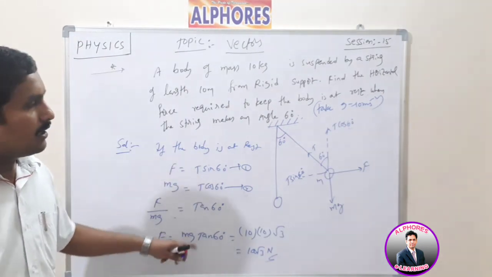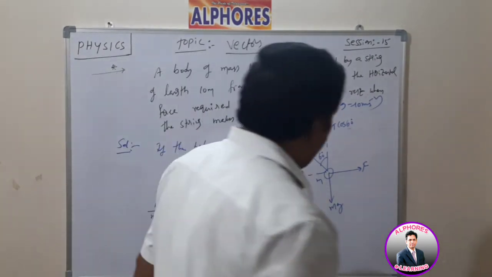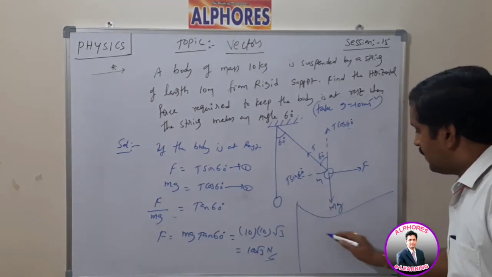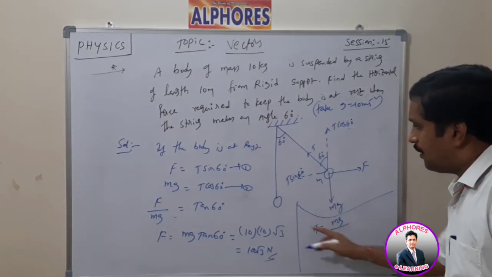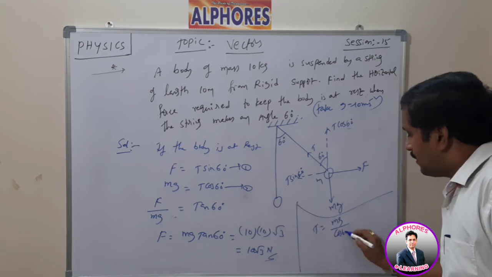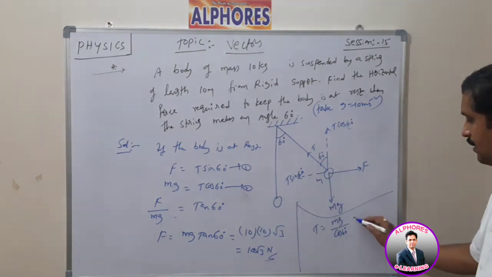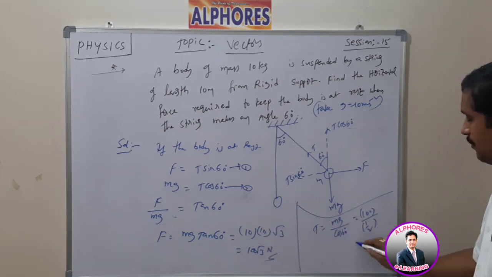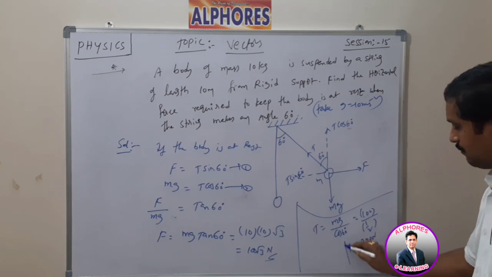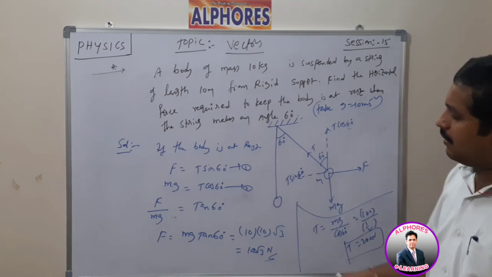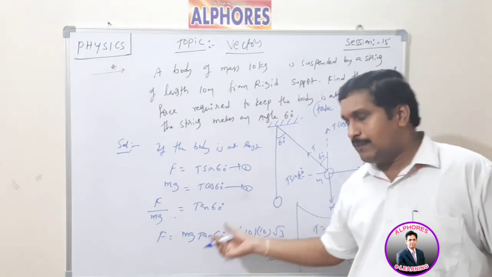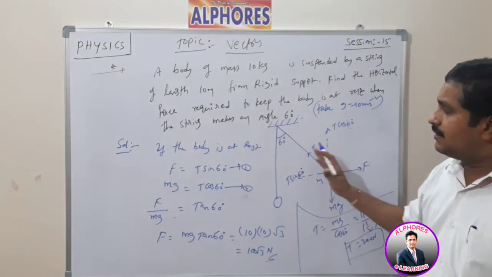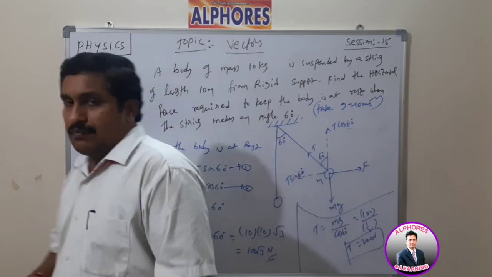Are you clear? Otherwise, sometimes they ask for the tension also, the tension developed in the string. In this question, I am giving theta also. So what is the tension? Tension T, as per the second equation, is mg by cos 60. Mg we already have as 100, divided by 1 by 2 for cos 60. So the answer is 200 newtons. So this is the method to find the horizontal force required to keep the body at rest, and the tension developed in the string when the body is at rest. This is the basic method to solve problems about the tangent law.